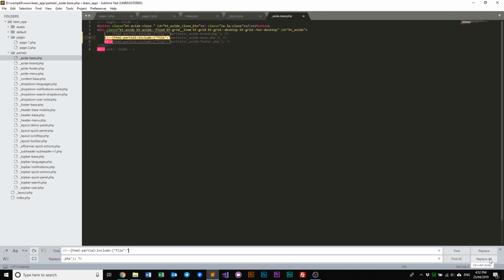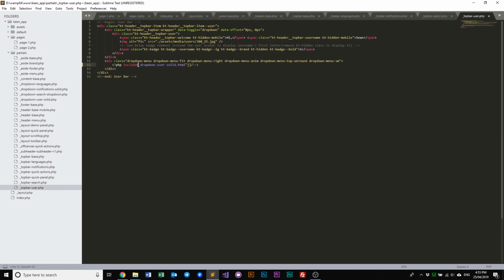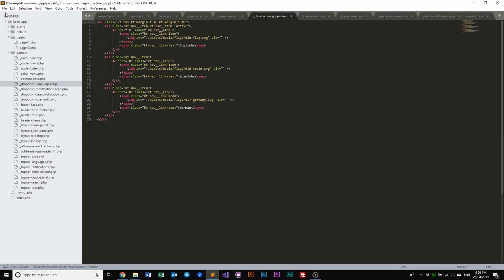Okay, I will fast forward this portion of work so that we can just jump ahead to the end once all the copy and pasting, the final replacing, is done. Okay, everything's done. Let's save all to ensure that all our files are saved. And what we need to do now is